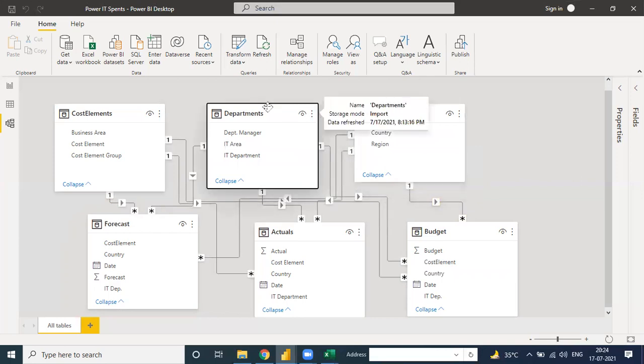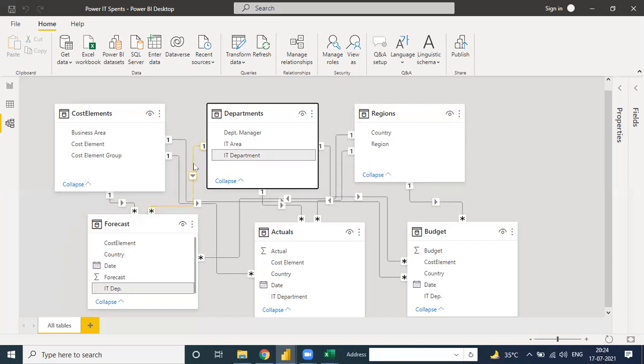If I want to compare the department and forecast, then what I will do? Department is a dim table. How to compare department and forecast? Because department is compared with the forecast table. See, IT department is compared with the forecast table. That's why we are making this relationship. It means this table is connected like a VLOOKUP. Like VLOOKUP you are doing with the department and with the forecast. Okay. So the way that relationship is mainly important in this way.